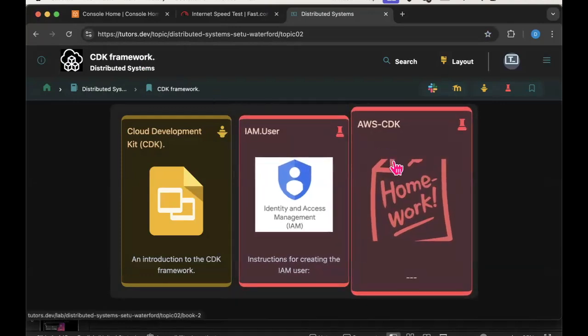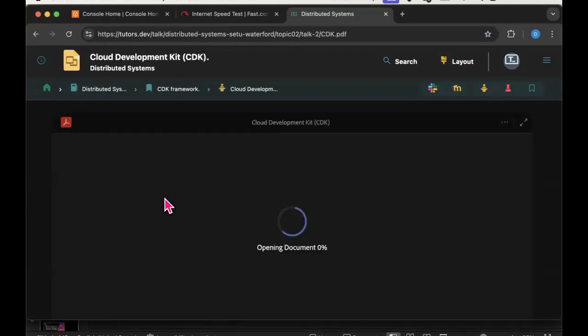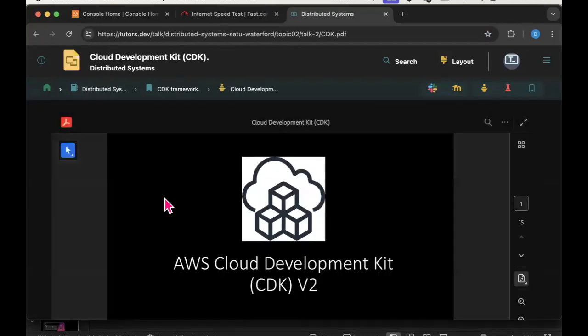Some people, based on some conversations I've had on Slack, have started this lab late last week, I guess, which is fine, but really, it's not really until I complete this set of slides that that lab would make a whole lot of sense. Let's keep going on the slides.